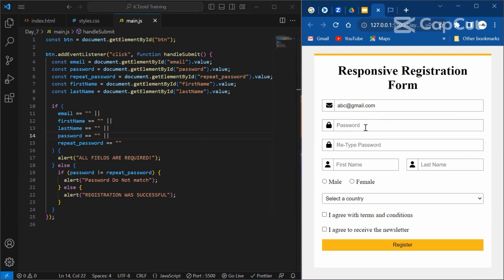abc@gmail.com. Password 1, 2, 3, 4, 5. Let me make it match now. 1, 2, 3, 4, 5. First name, sorry. Last name, Sadiq. So if I submit,